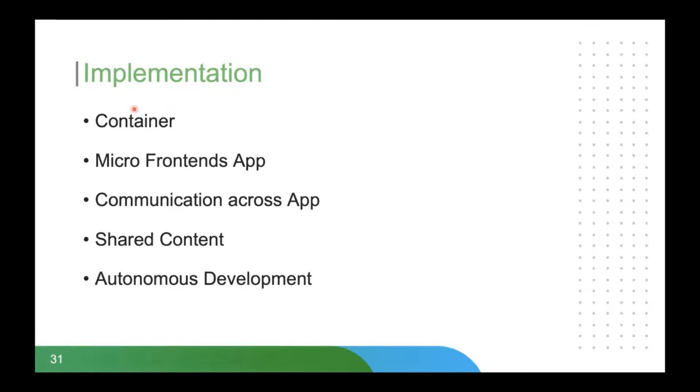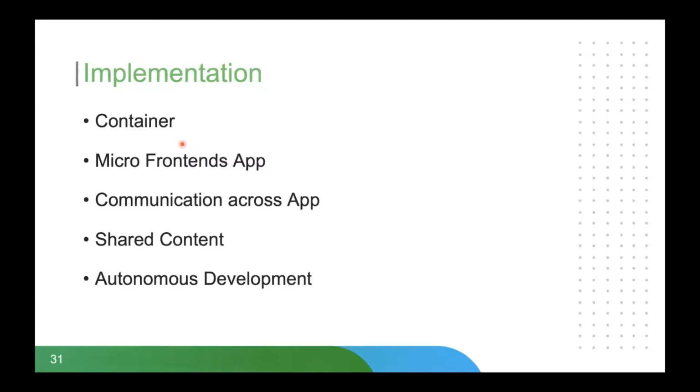And the contract between them is pretty much standard. Whatever data we pass to the global method that is attached to the window will be part of the contract. Some things we have to keep in mind: the contract is the communication going from the container to the micro frontend, and from one micro frontend to another. I always recommend that the contract should be minimal, so that they remain autonomous to each other.